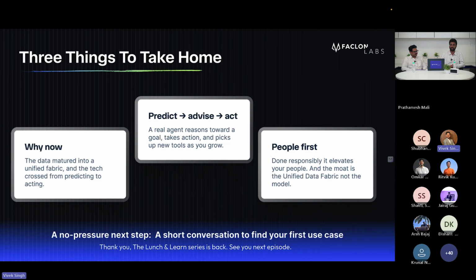Another is what is an agent? So agents, although they might currently be sold as traditional AI models, are, I guess, a 3-step ladder. You have your traditional AI models, you have your copilots, and you have your AI agents. The first 2 eventually power up our agent. And lastly, as we said again, agents are not pushed to be replacing people. People are just going to be elevated to take up, you can say, a higher level of thinking. I guess that would be it for our session, and maybe now we can pick up a few questions if there are any.